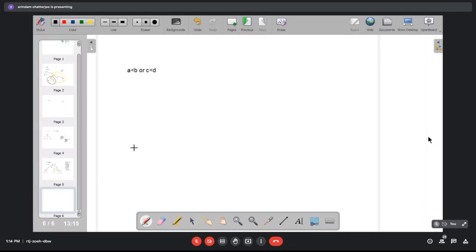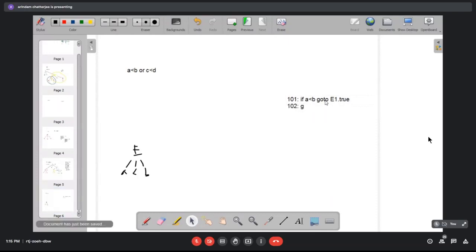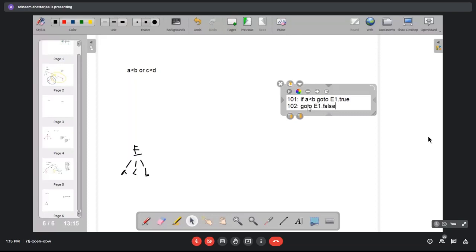So just like our previous thing, we have E, and what we have done is, instead of numerical, we have if a smaller than b go to E1 dot true and go to E1 dot false, right? Say this guy is E1,